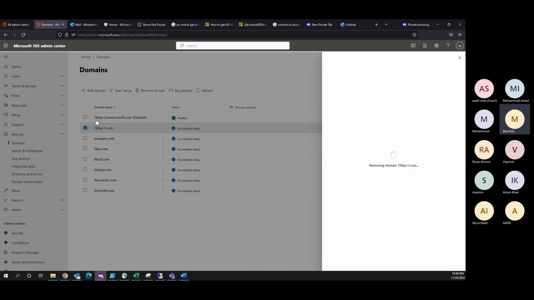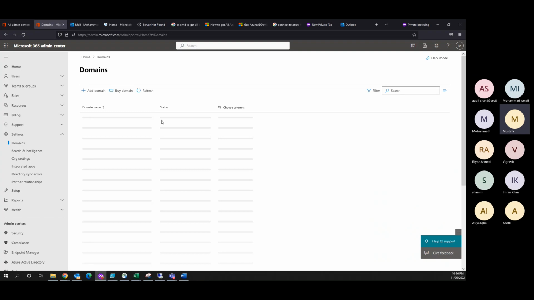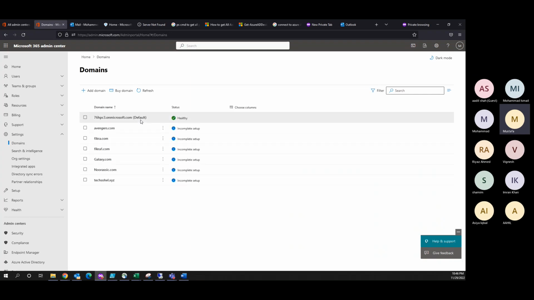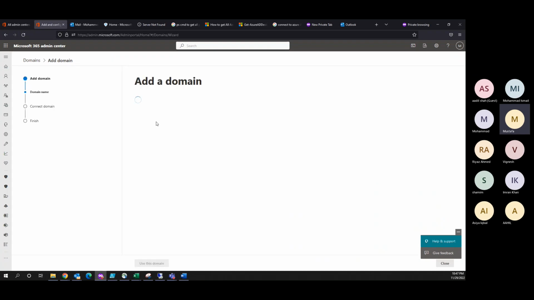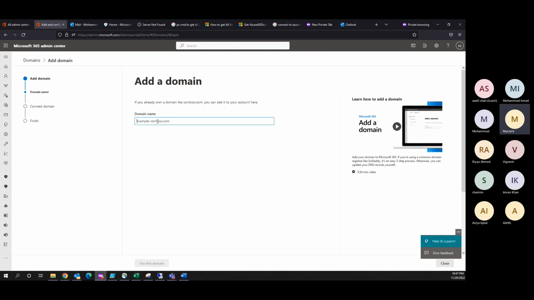this 76hpc3.onmicrosoft.com is the default domain that Microsoft has given to you because you don't own any domain. So you have left it to Microsoft to give you a domain. Now, if I want to get rid of this onmicrosoft.com, I will go to add domain and I will say that I want